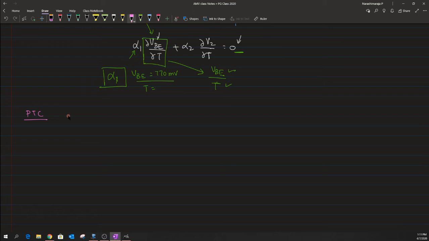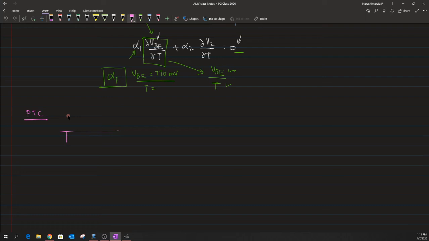In order to discuss this positive temperature coefficient, it was discovered somewhere around 1960. Okay. So, if there are two BJTs that have been operated with unequal current densities, then the difference in their VBEs results in a quantity that is proportional to the temperature. So, what I really mean by this statement is that